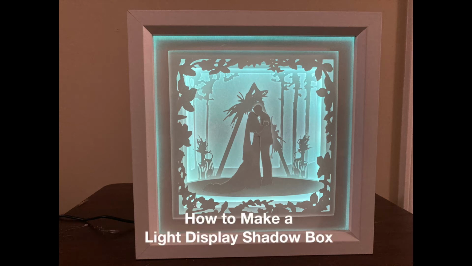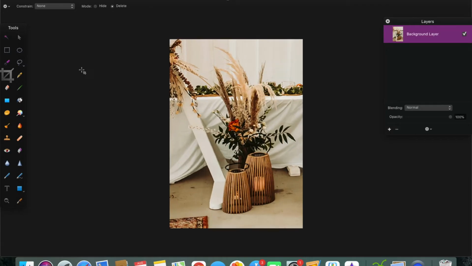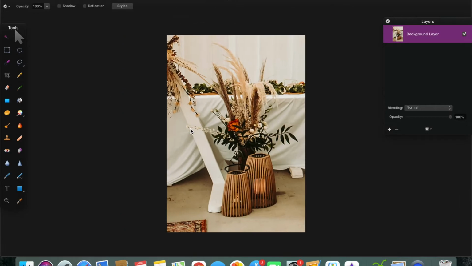Hello, in this video I'll show you how to make a light display shadow box based on wedding photos. I'm using actual wedding photos to create this light display shadow box, so I start by downloading these photos to